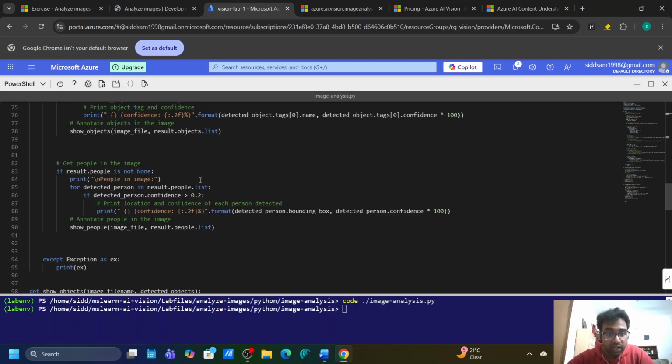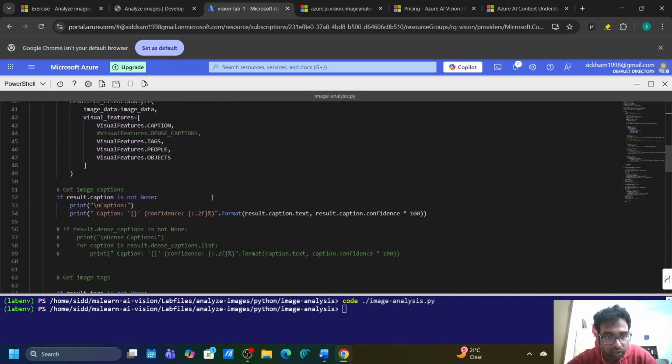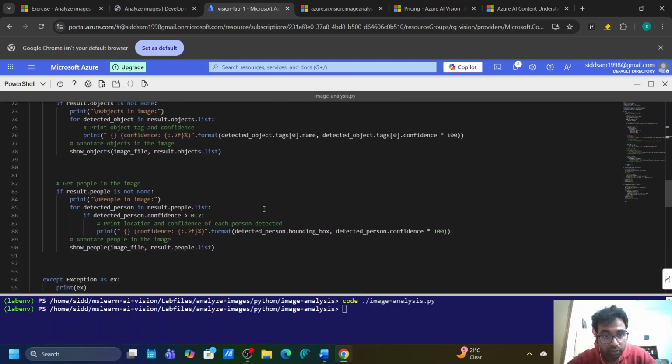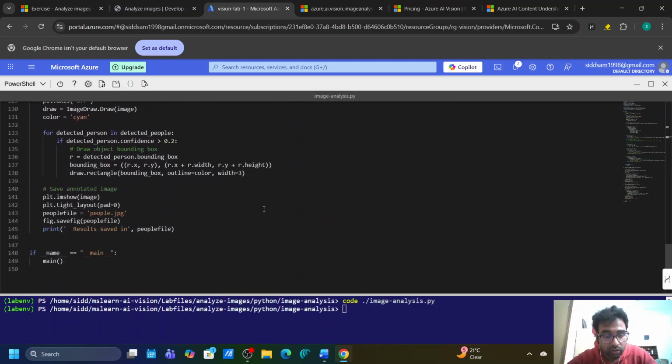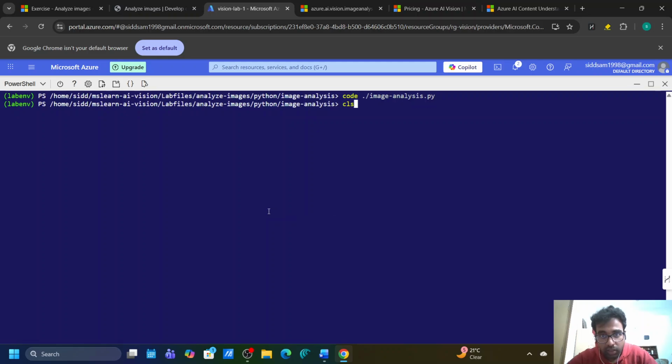Hi guys, so I ran this file, and a couple of things that I want to share. Here I put Azure credentials, but it should be Azure credential. So that was just a small typo here. And also in this, we have to change. Besides that, now all the files have been saved. Now let's quit this. If I run this file with our images, in our images folder we have street.jpg. So if I run it with street.jpg and press enter,